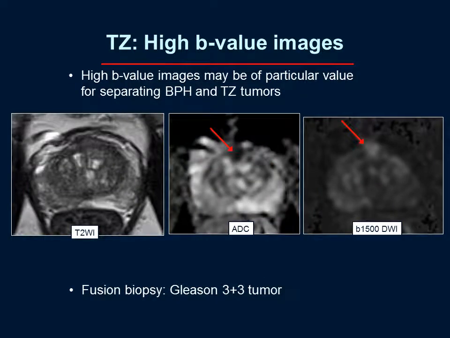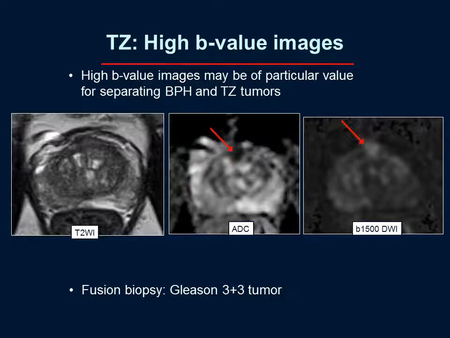It's been suggested that these very high B-value images can also be of particular value in the transition zone for separating BPH nodules from transition zone tumors. This is a patient who has extensive BPH. The ADC map shows an area of low ADC in the midline anteriorly of the transition zone. There are other smaller foci of low ADC